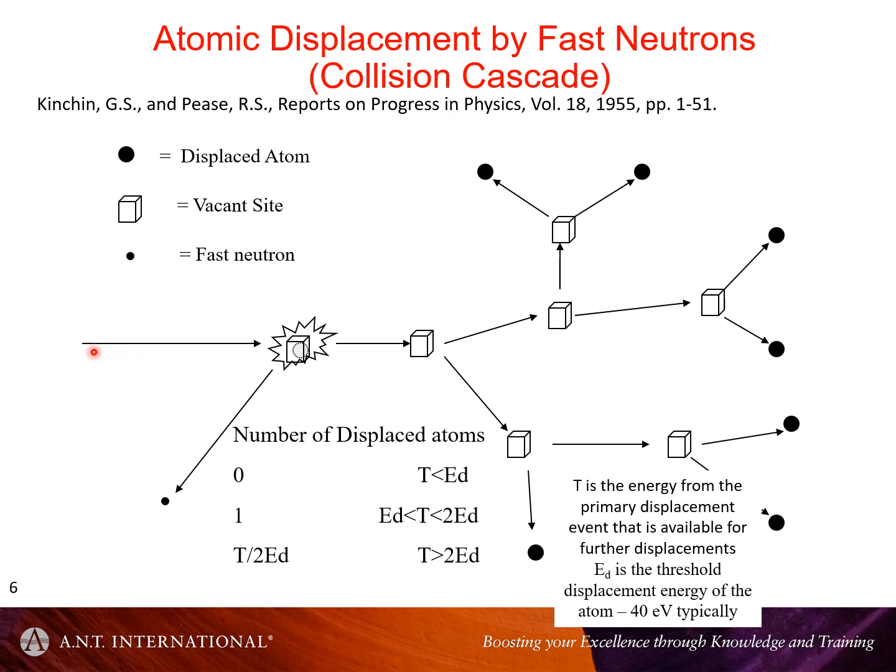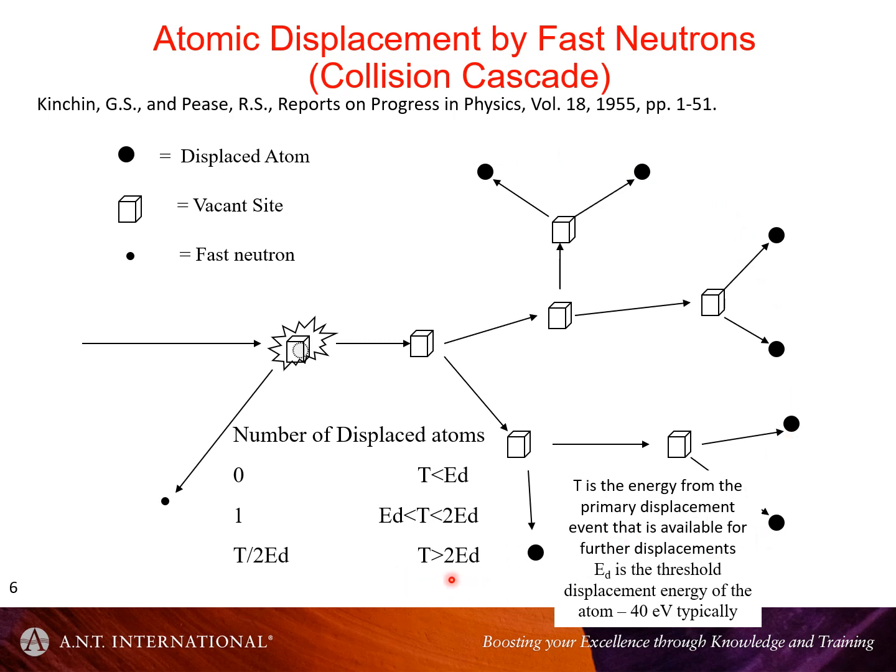A high energy neutron comes in, collides with an atom, the atom is displaced, and it then displaces other atoms until its energy is dissipated below its threshold energy, or in a nominal value, 2 times threshold energy. When you get to energies below that at the end of the collision cascade,